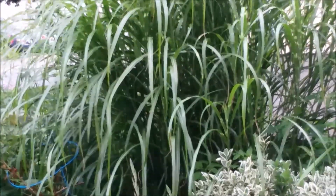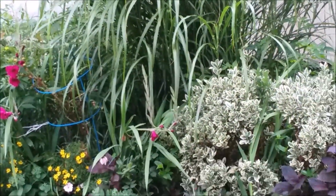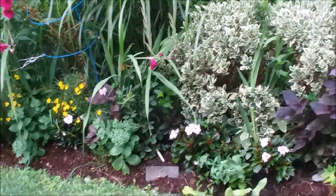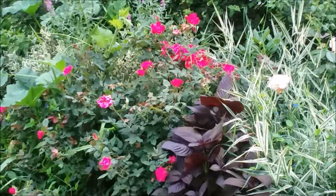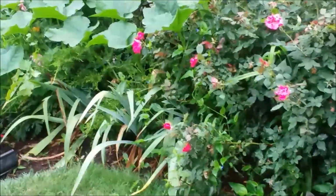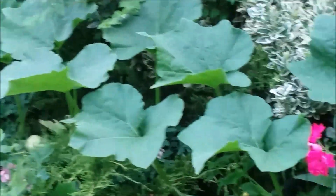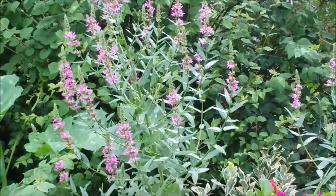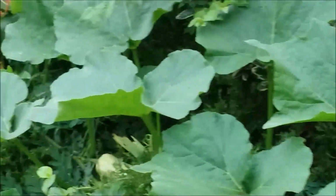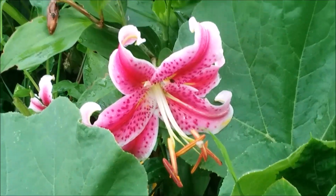And then my zebra grass is happy as a lark. It's nice and big and full. But I have something else to show you. Over here, I planted these Stargazer